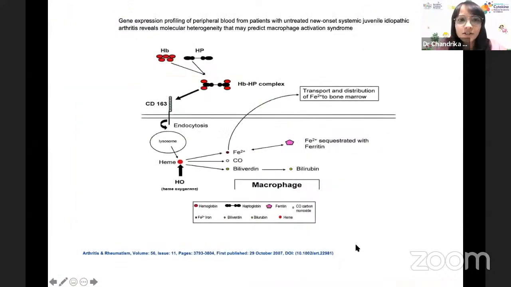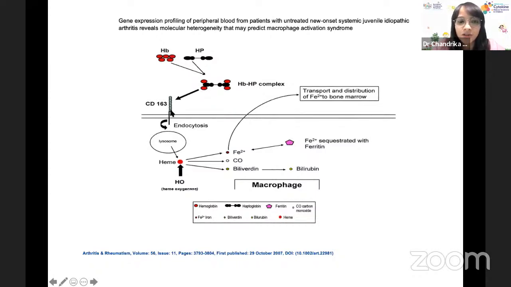And why is ferritin so important in the context of macrophage activation syndrome? So this is a very good cartoon going back to 2007 when it was first published, but I think it still holds a lot of relevance. As you can see, when there is hemolysis of red blood cells, you have free hemoglobin being released along with haptoglobin. These two combine to form a hemoglobin-haptoglobin complex, and this is then taken up by scavenger receptor CD163,